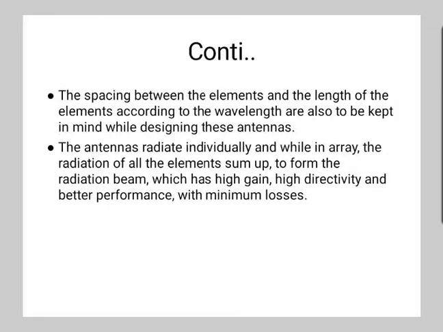So how do arrays work? A small antenna around one wavelength in size, such as quarter wave monopoles and half wave dipoles, don't have much directivity, that is gain. So they are omnidirectional antennas which radiate radio waves over a wide angle. To create a directional antenna, that is a high gain antenna which radiates radio waves in a narrow beam, two general techniques can be used.